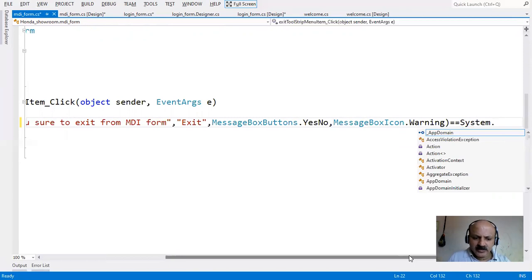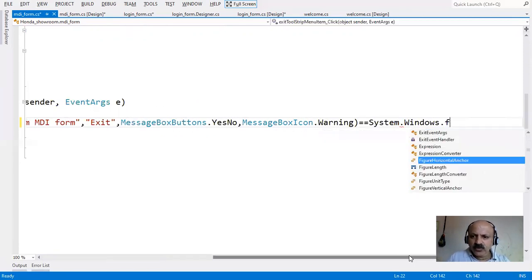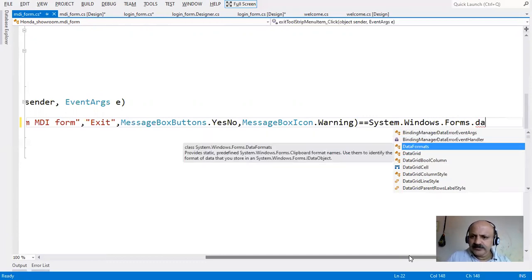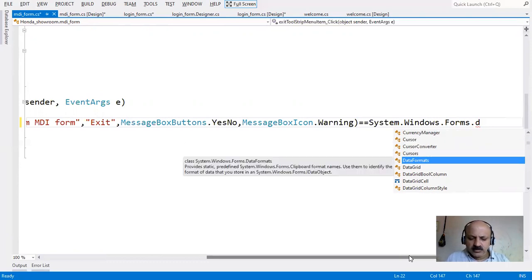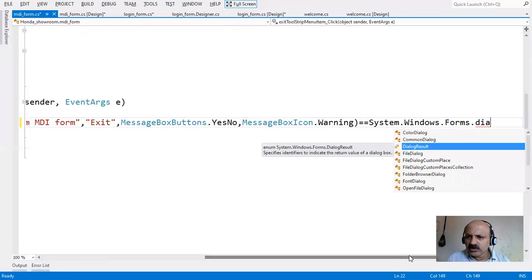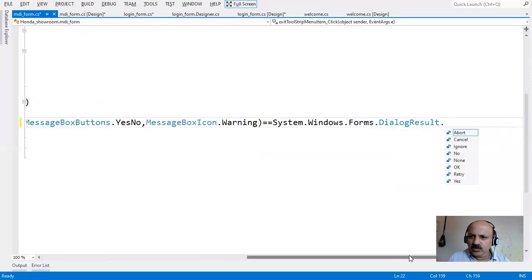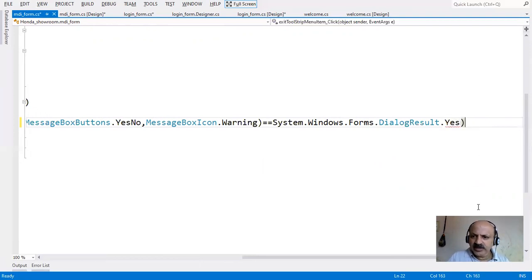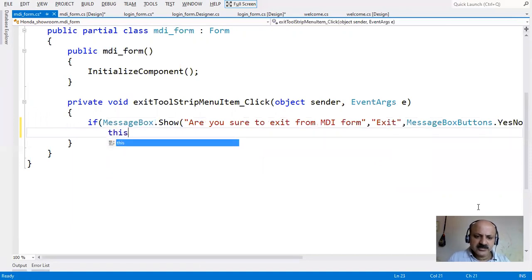Then Windows is a sub-namespace, and then Forms, and then the DialogResult class. Here we use the Yes dialog result. The DialogResult class holds all combinations of these buttons: Yes, No, Cancel, Abort, Ignore. So here we say Yes, and then the parenthesis of the if. If the user presses Yes, then we call Dispose, which means come out from the form.